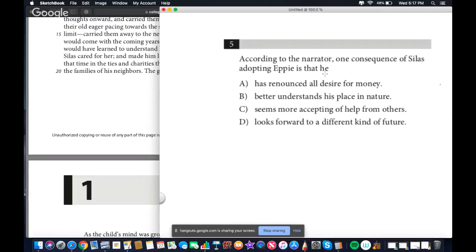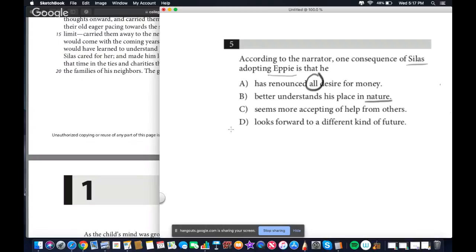Now, I understand that most of you probably haven't seen this, but I am going to speak in specifics for this student's sake. But suffice to say, you could back up and read this passage if you want, and then come back to the video a little bit later. Essentially, it's about an old guy who adopts. He's a miser. He's like always counting his money, and then he adopts this little girl, and she changes his life. The things I want to notice here are the word all, the word nature,